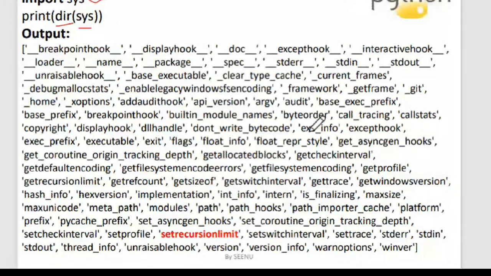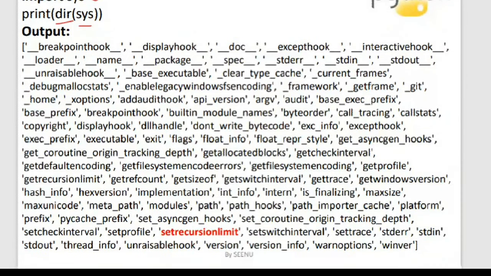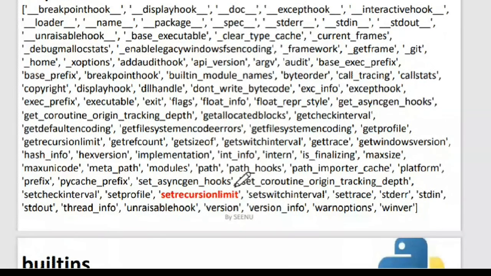You can see these are all the identifiers that are there in the sys module. One thing that you're very familiar with is set recursion limit, which I talked about when I discussed recursion. I said there is a depth for recursion, and the maximum is 10 power 3.